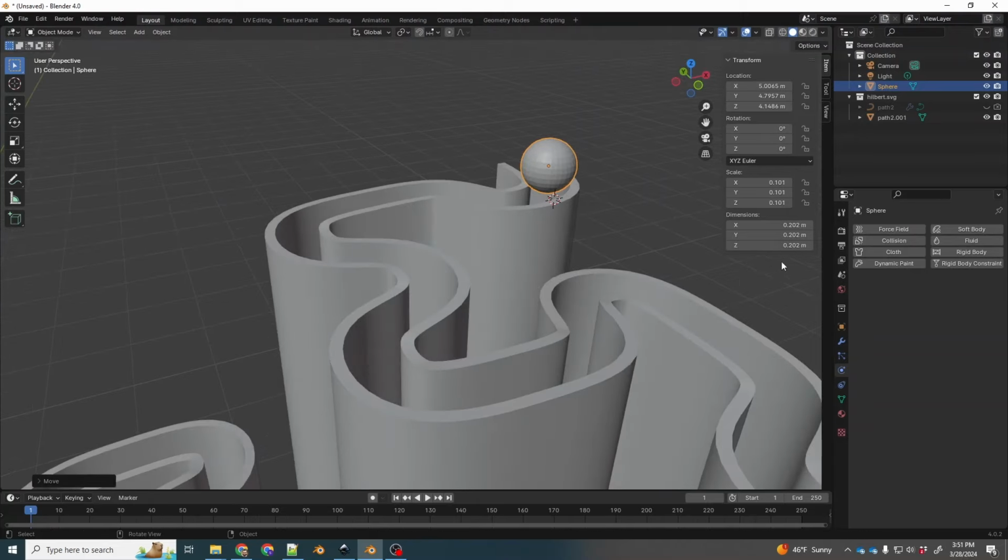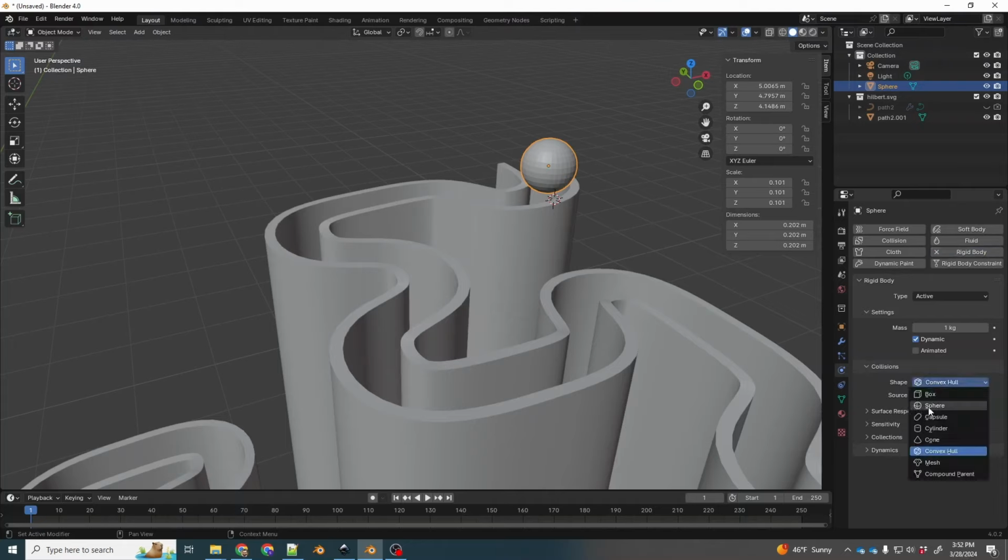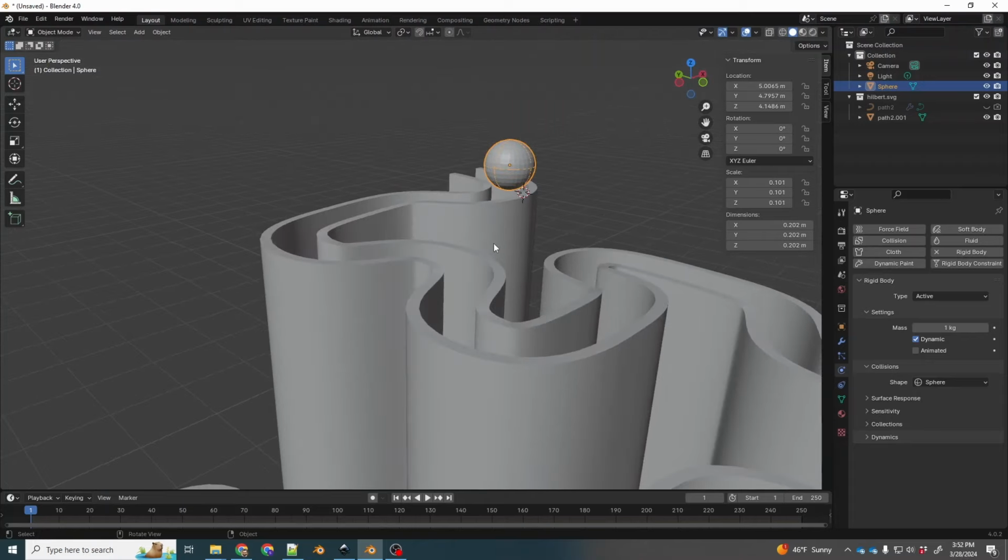Okay, and then make this also a rigid body. This is active. It's gonna move around. And for the shape, you can choose a sphere. This will, instead of a mesh, make it much faster, I guess, to calculate. And that's pretty much it. Now if you hit space,